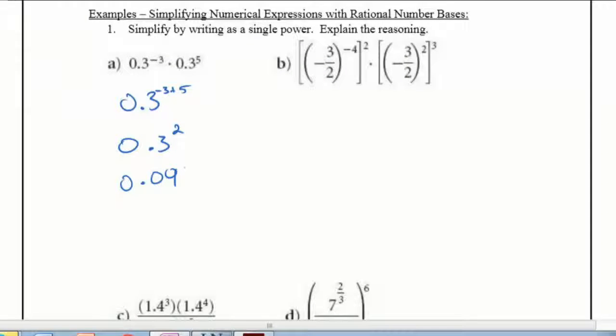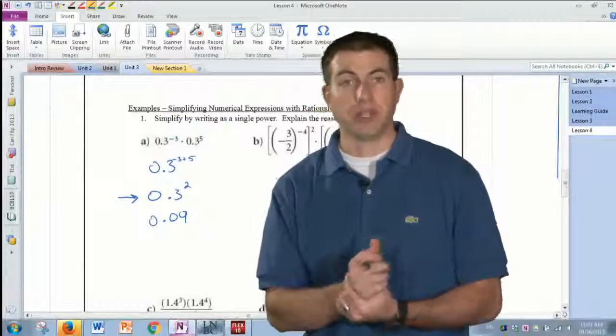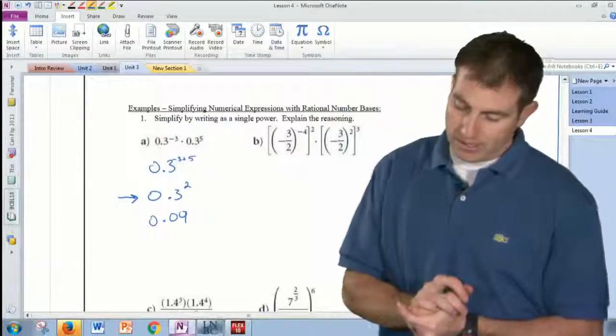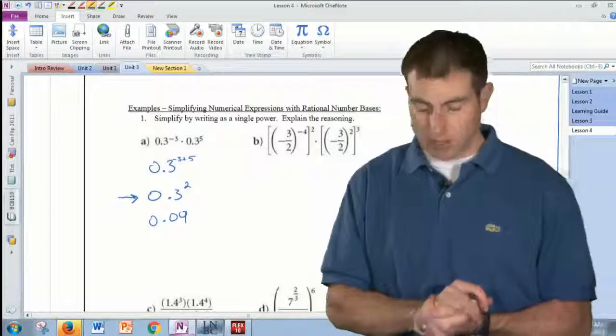From what I think Abby mentioned, the learning guide is leaving answers like this. I guess it just depends on what type of mood you're in. Do you want to actually take the square of